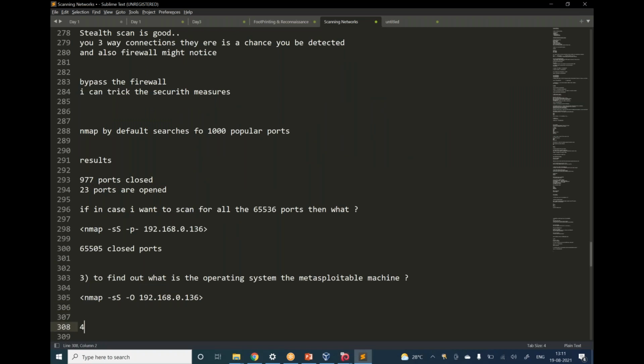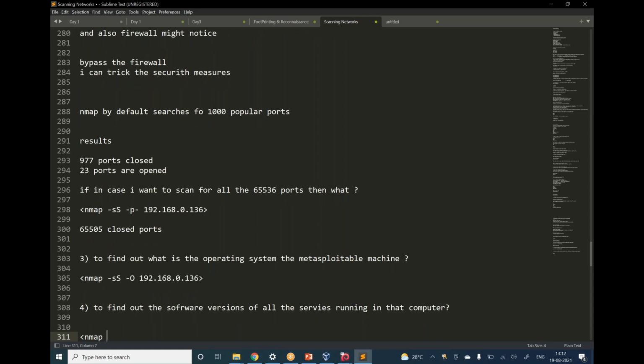Next one, if I want to find out the software versions of all the services running on that computer. So the syntax is nmap -sT or -sS, then -sV and the IP address of that machine. sV means software version. So I copy it,